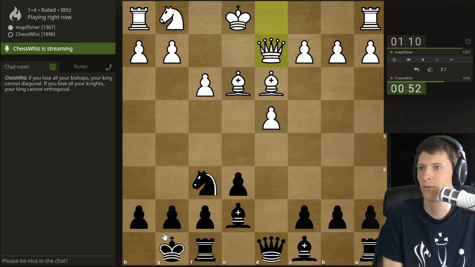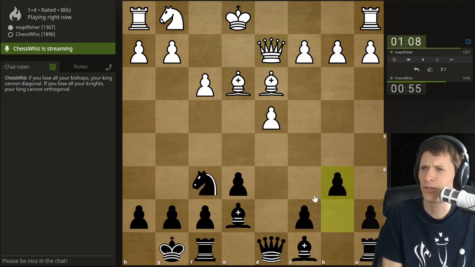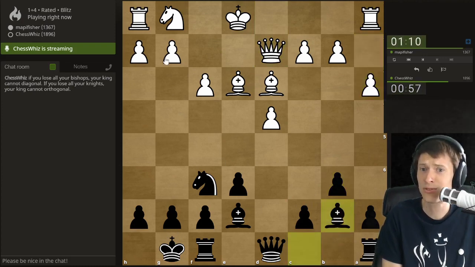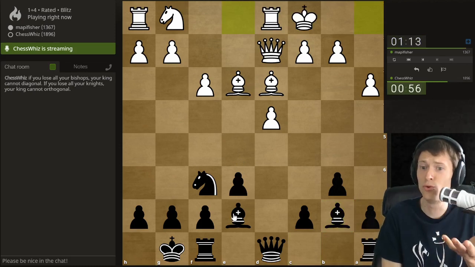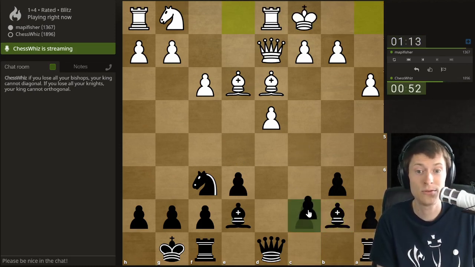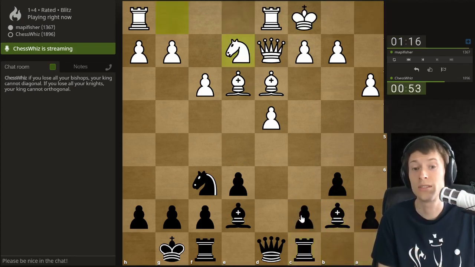You can make quadrupled pawns in horde chess. Why do I even read this chat? It says you could make quadrupled pawns in horde chess. Do you guys know what horde chess is? You start out with quadrupled pawns, dude. Which is, by the way, not a term of endearment in that sense. Sometimes dude means I love you, but in this case, it means dude, which is somewhat different.